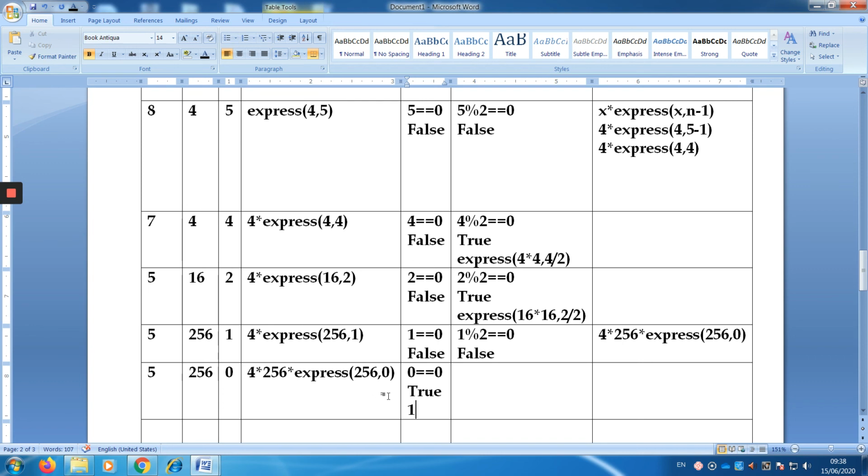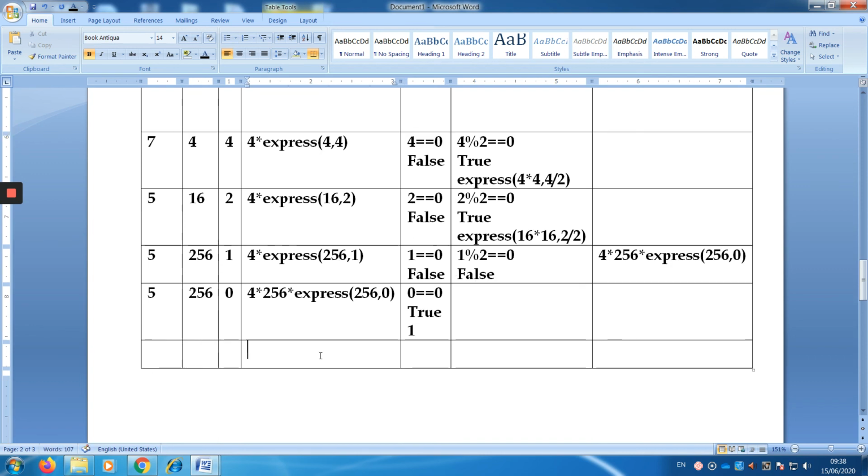So my problem is going to come to an end. Why? Because expo of 256 comma 0 has returned a value 1.